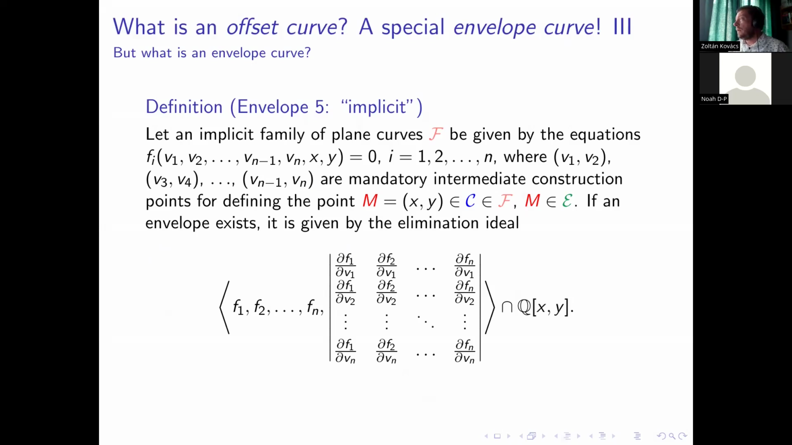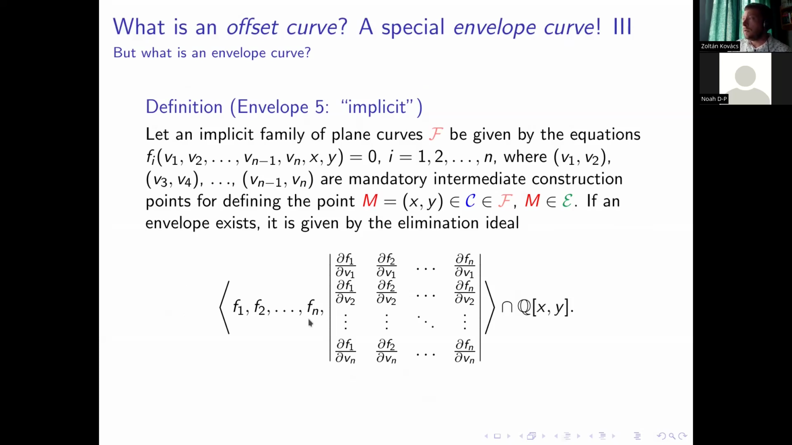And then we define point M, which is a member of the particular curve, which is a member of the family. And also this point is a member of the envelope. So this is how we can define the envelope curve by putting the equations or the polynomials of these equations